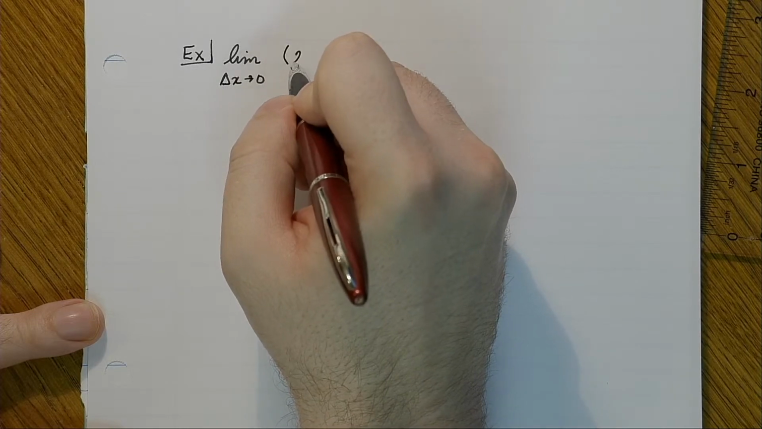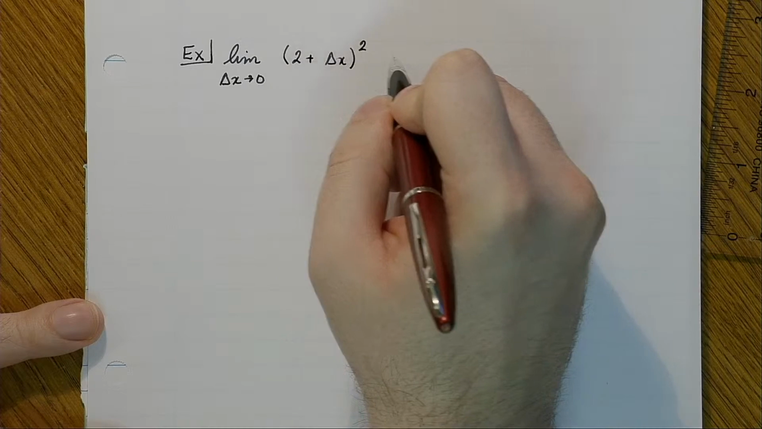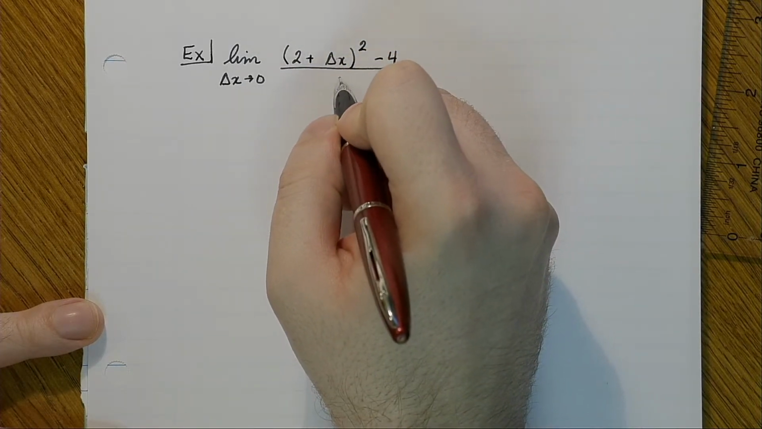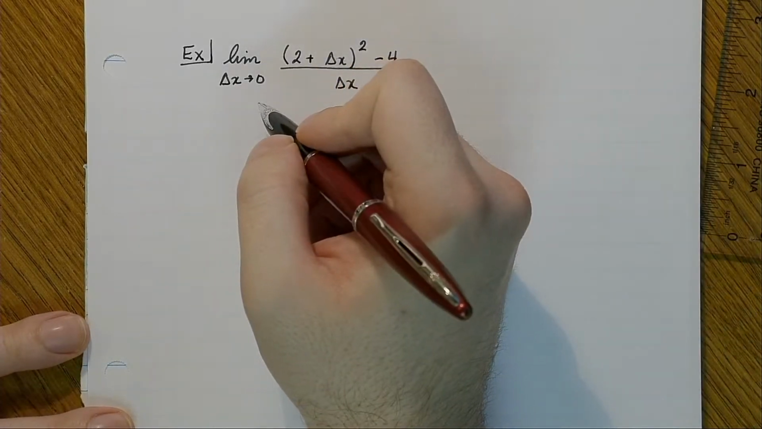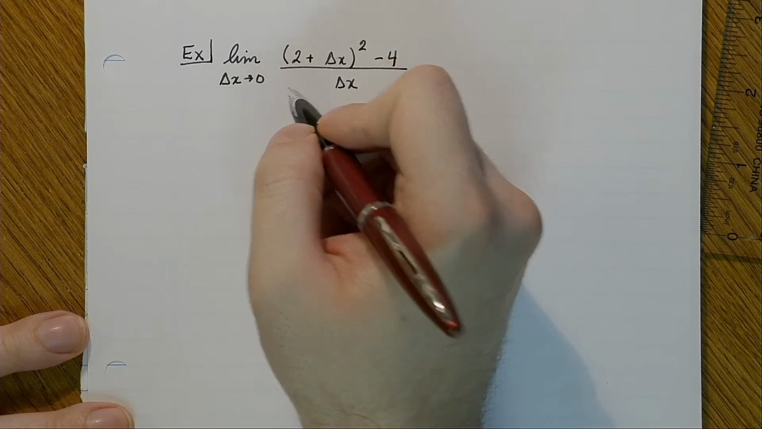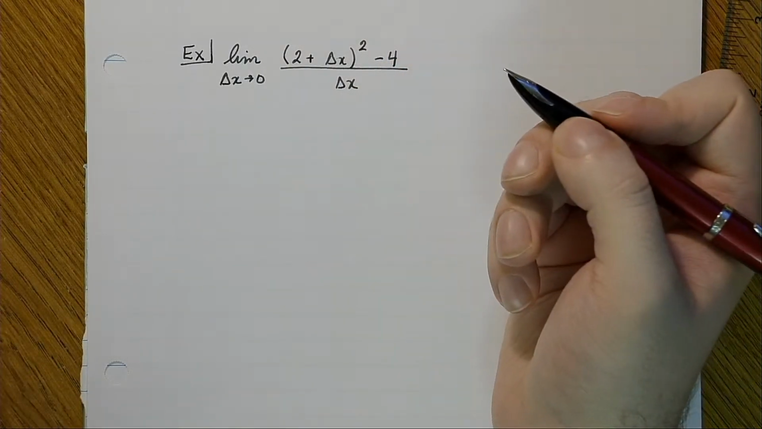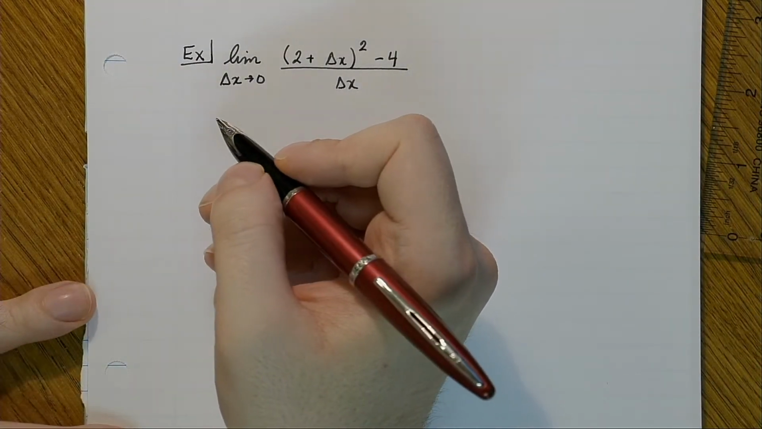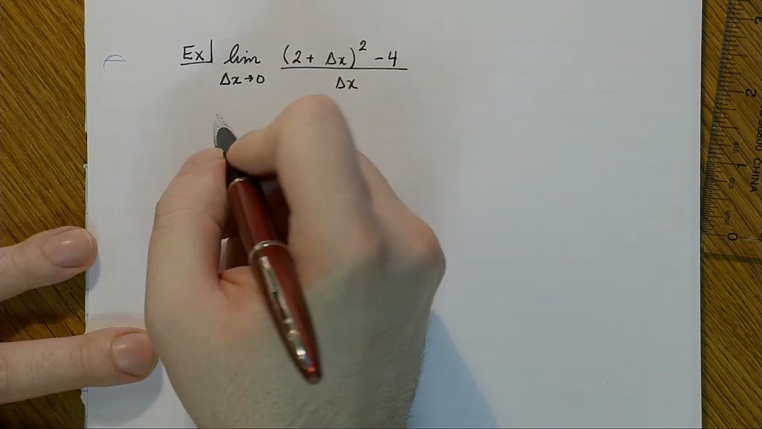So let's do 2 plus delta x squared minus 4, all divided by delta x. So again, I can't plug in 0 into this because that creates a denominator with a 0. We can't handle fractions that have 0 in the denominator. So what we need to do is simplify. So what we can do that is